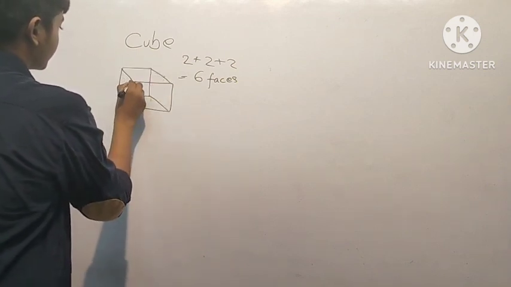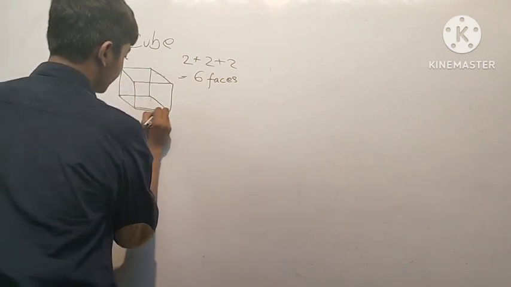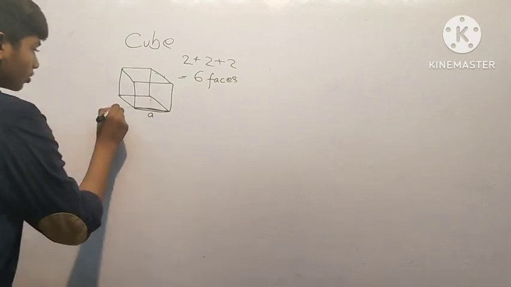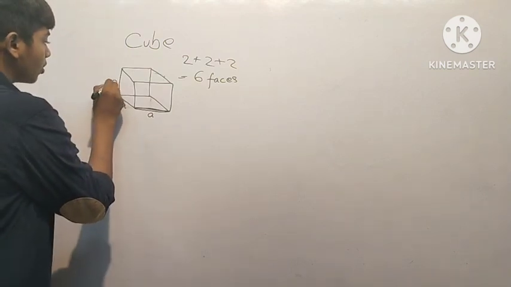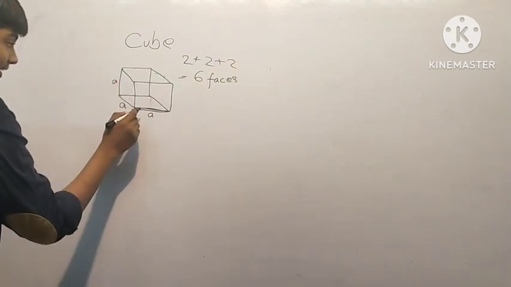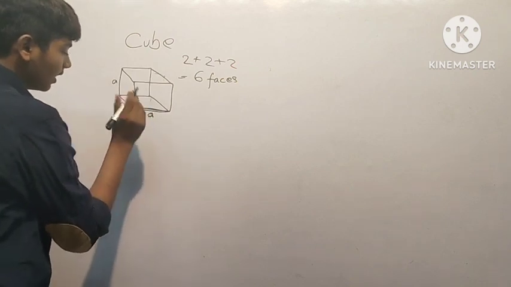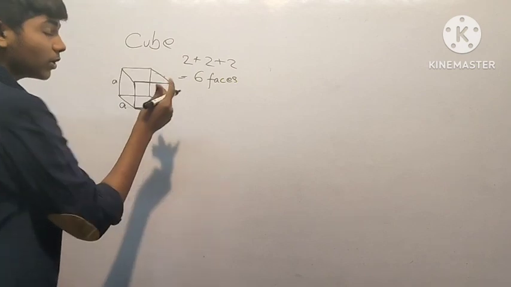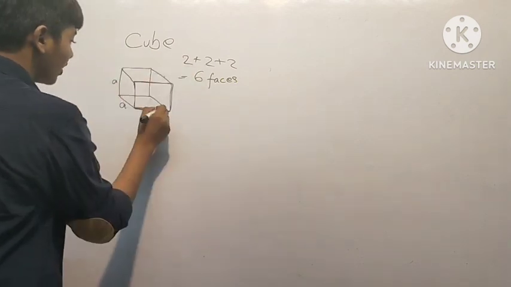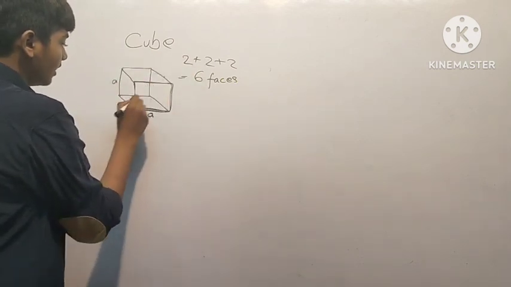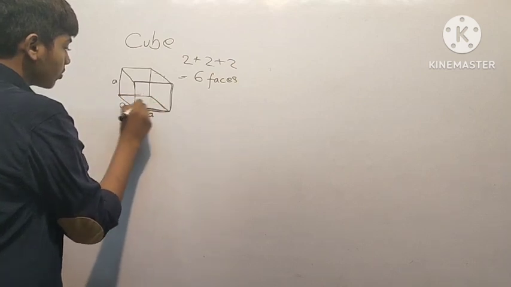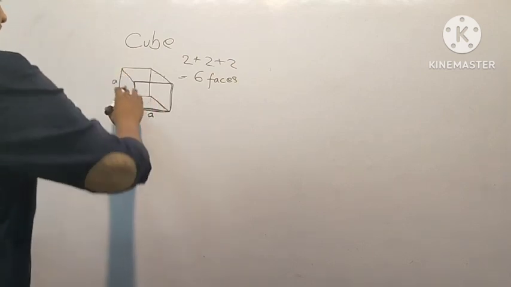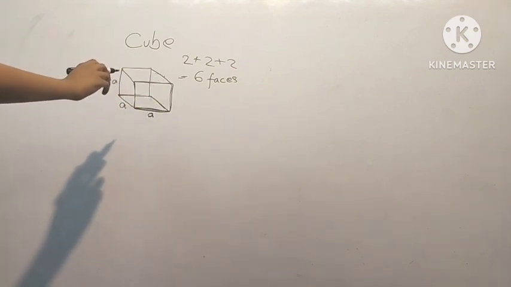So we have something like this. Let one side of the square be A. So this side will also be A, and this would also be A. Why this? If we take A as this, then this side is a square. Because all faces of a cube are squares, all 4 of these sides are A. The bottom face is also a square, so all of these are A. This side face is also a square, so all of these sides would be of equal length, which would be A.